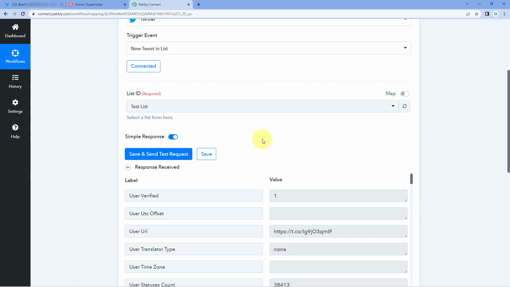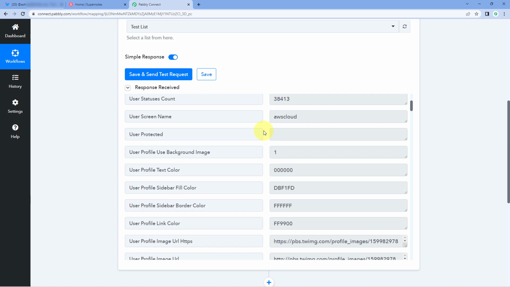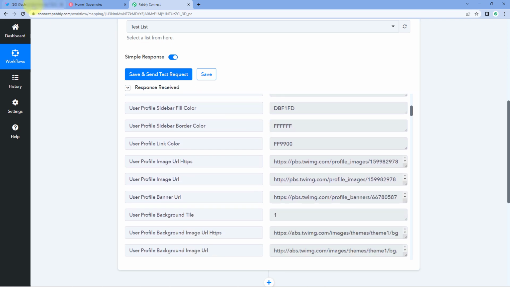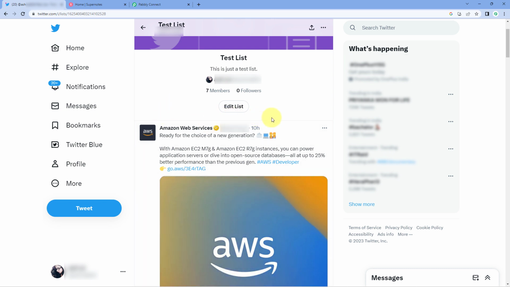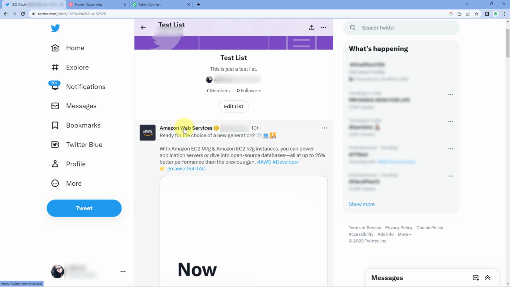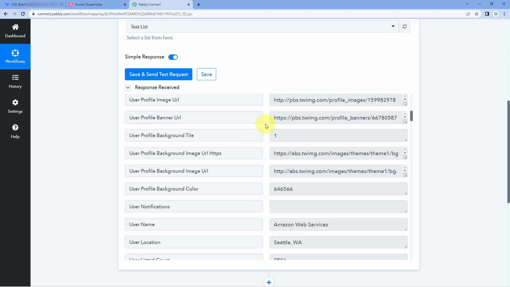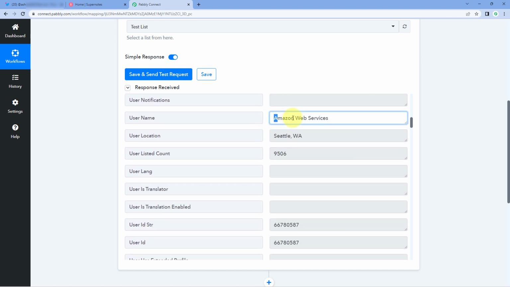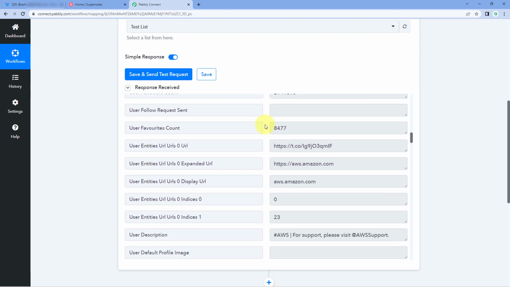Now when we click on save and send test request, we have received some response. And in this response, you can see details of the most recent tweet which we have received in this list. So here guys, the most recent tweet which we have received in this list is from Amazon Web Services. So here you can see that in this response, you can see the details of the same user. So here you can see the username, same username,